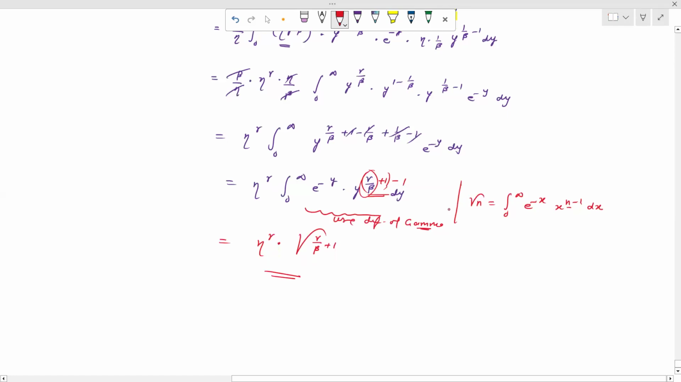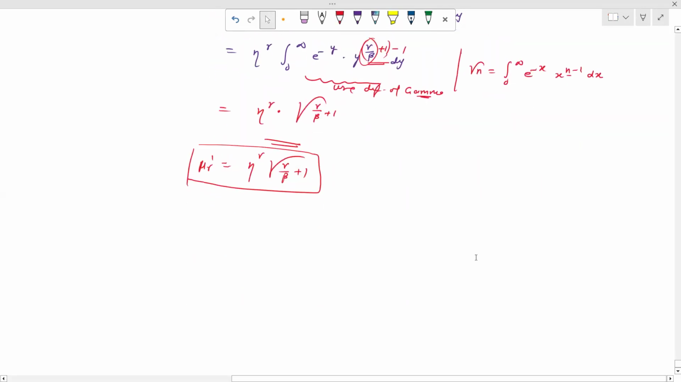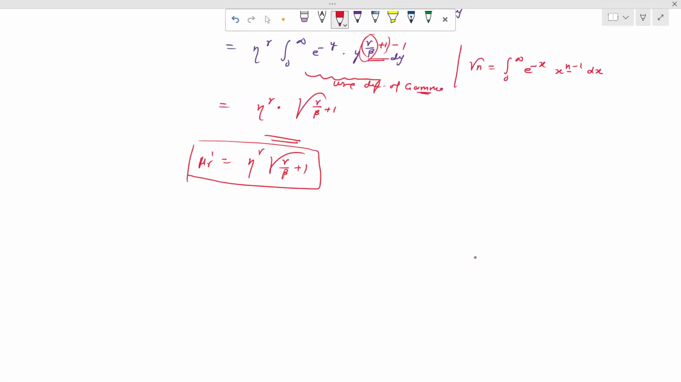So this is the moment generating function of the Weibull distribution. So mu r dash is equal to eta raised to the power r, gamma r upon beta plus 1. When you solve for the first moment, second moment, you can obtain them. So when we put